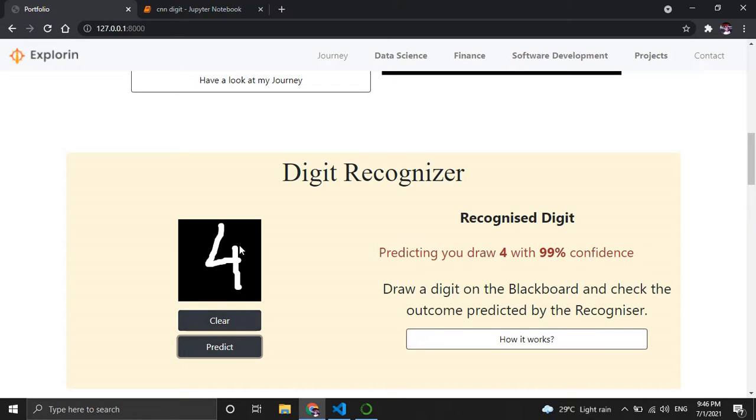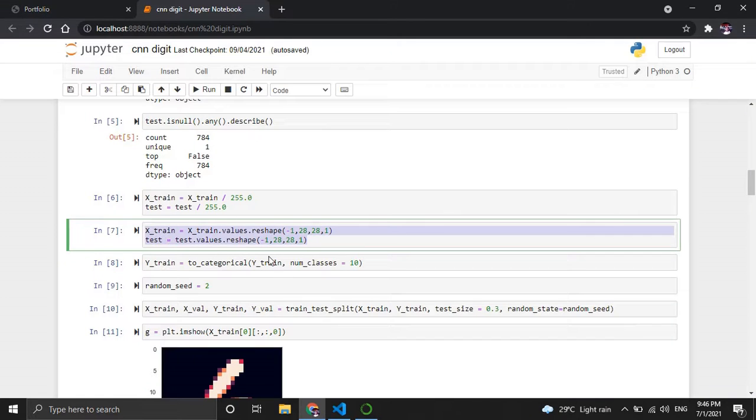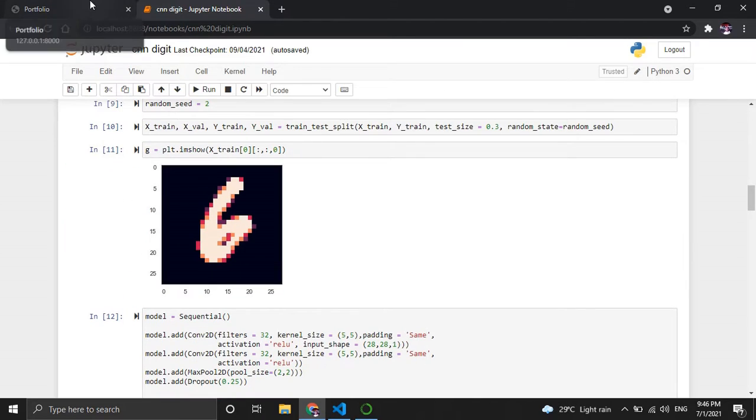So if we write something on this blackboard, through this model it is going to divide it into 28 cross 28 small pictures and it is going to evaluate those pictures and define some kind of output. This is an example which is shown here, of how it is going to cut it down and predict the values.